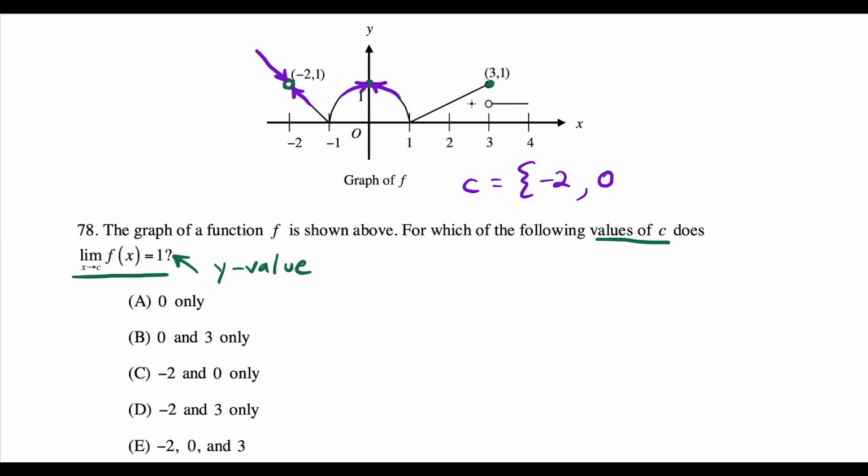Now we have to be careful here. It's tempting to say negative 2, 0, and 3, but this is a trap. Because notice, as we approach 3 from the left, our limit is heading to 1, but as we approach 3 from the right, it looks like we're heading to a y value of 1/2. So at this location, the limit as x approaches 3 of f of x does not exist, which I'll abbreviate. This limit does not exist. So we just have to be careful. 3 is excluded. So it's really just going to be at -2 and 0,